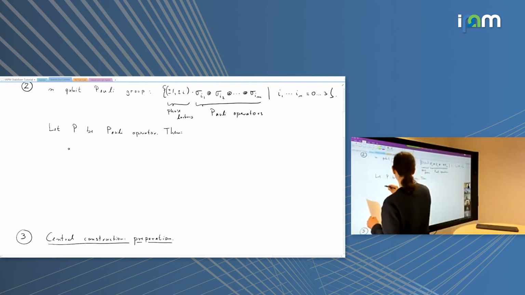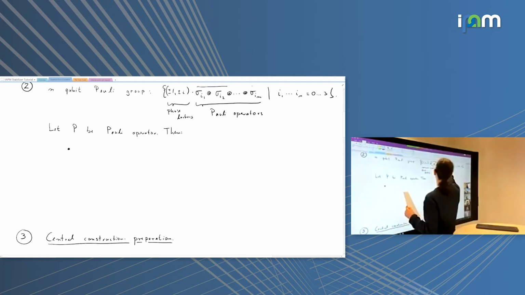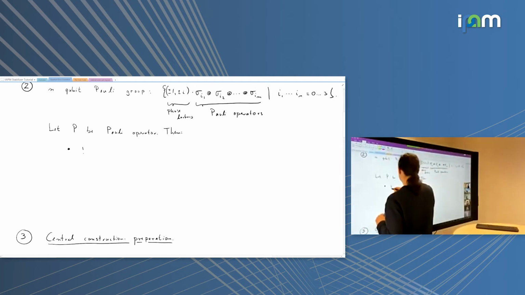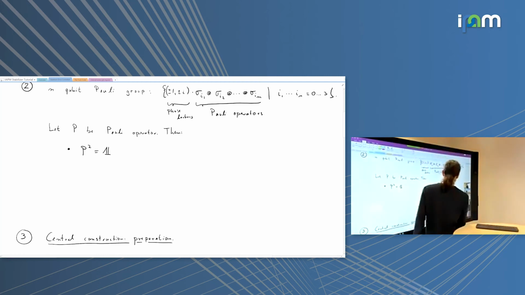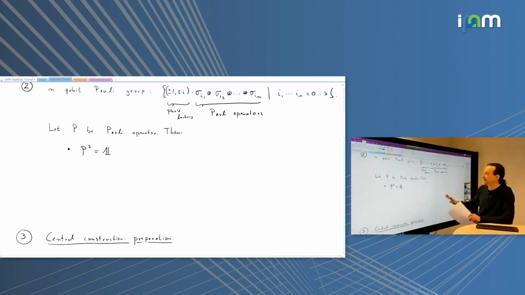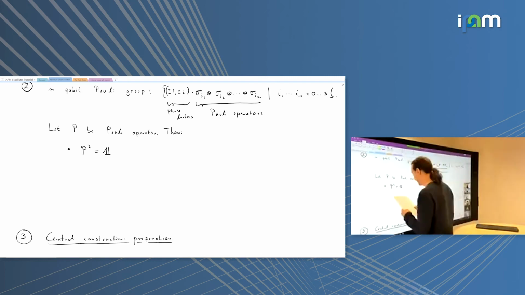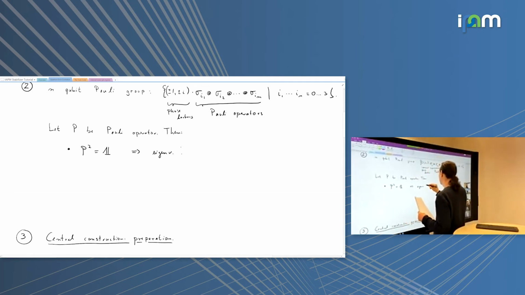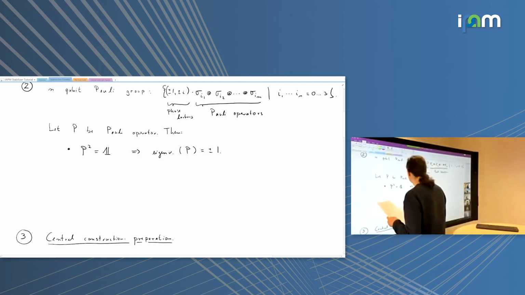So if P is a Pauli operator, so it's one of these things without any phase factors, then again it squares to unity. P squared is the identity, now on a 2 to the n dimensional space. That's obvious because if you take the product of a tensor product of matrices with another tensor product of matrices, you get the tensor product of the products. But the individual Paulis square to identity, so you just get identity tensor identity tensor identity. So in particular, the eigenvalues, that's going to be important, the eigenvalues of P are going to be plus minus 1, because it squares to identity.